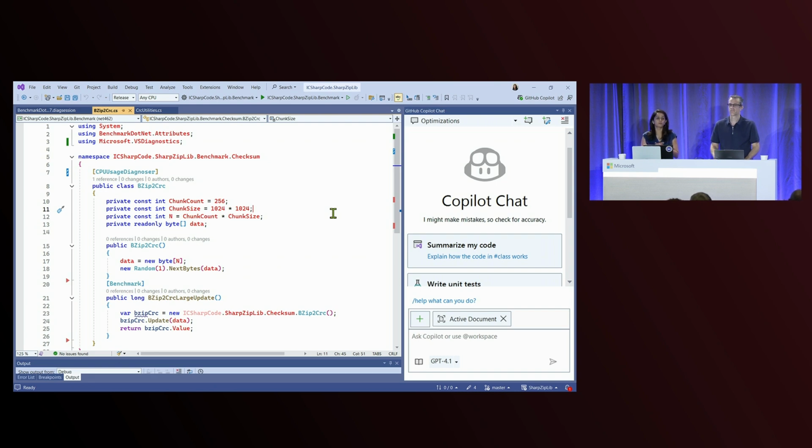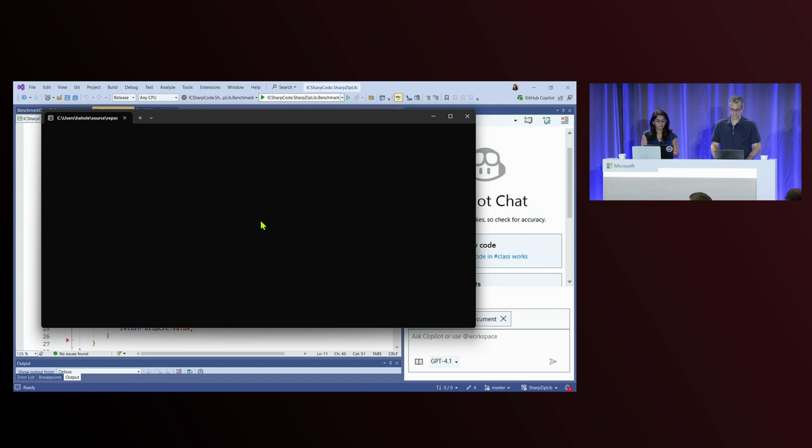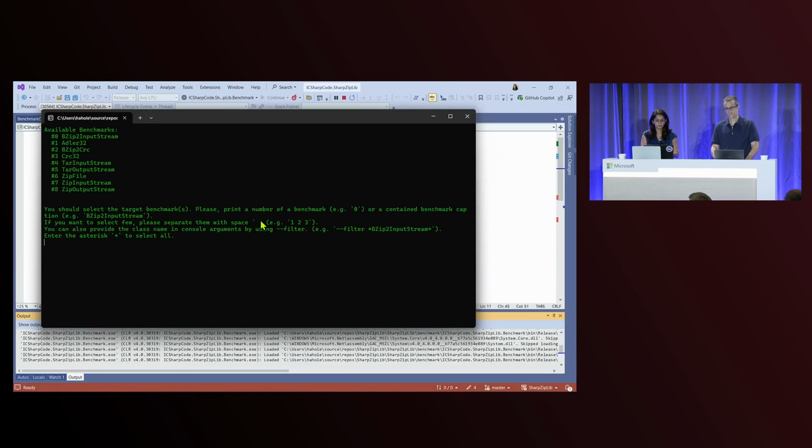All you need to do is add a NuGet package called BenchmarkDotNet diagnosers, and then you should be able to get a direct CPU usage summary after that. So what I'm going to do now is just run this benchmark and see what we get. Okay. It's taking a little time, but it should be there. Okay, I'm just going to run the second benchmark here.